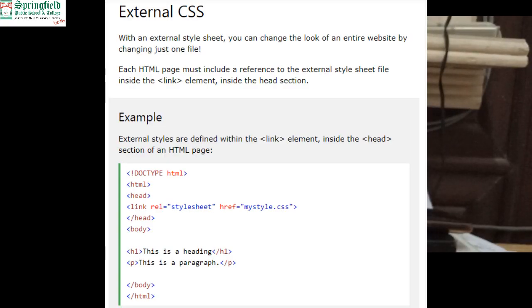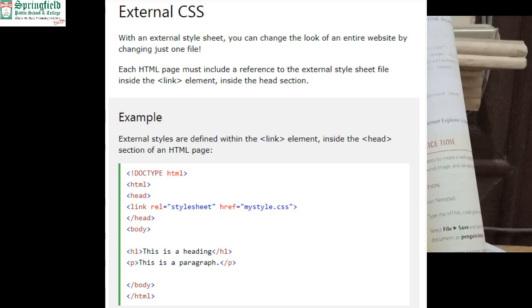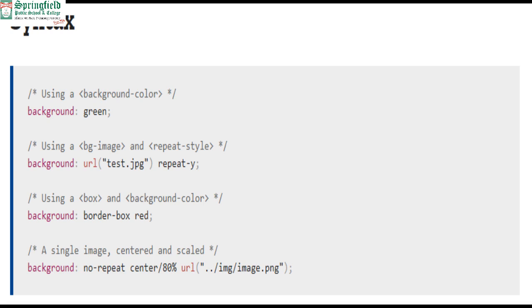Background properties are used to set the background style of the HTML. The properties are explained in the following table: properties, descriptions, values and examples. Background color specifies the color we want for our background. Background image lets us use an image instead of a color; in the URL value we give the image source. Background position can be top left, top center, left bottom, right, depending on where you want to show your image.